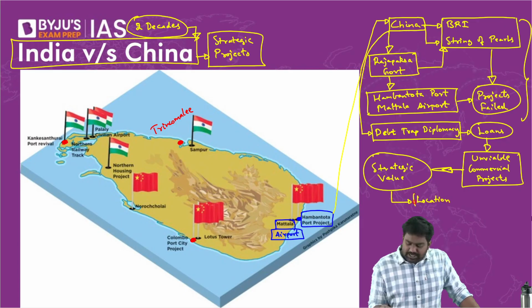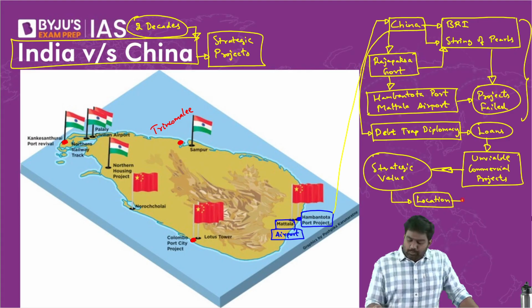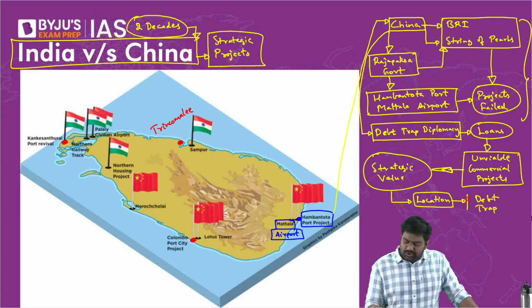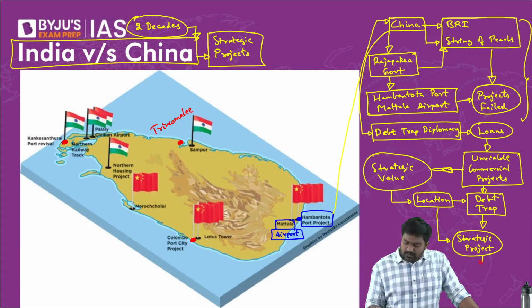The theory is that China wants these projects to fail. Right? Once it fails, it will push the small country into a debt trap. The debt burden will shoot up. Those countries cannot repay the loan. And eventually, China will seek a concession, a geopolitical strategic concession. It will turn this essentially into a strategic project by getting hold over the project.